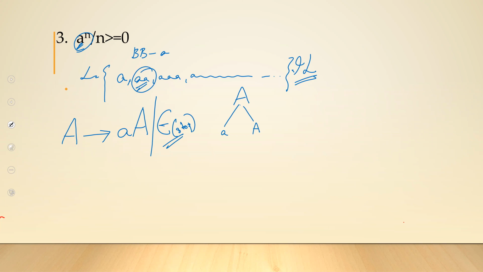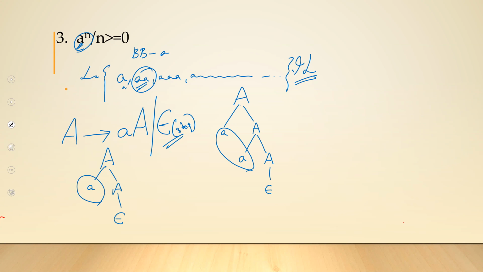So A from my production rule, it is AA. Okay, now I need to get one more A. So I'll write again AA. That's it. I want to stop, so I write epsilon over here. My yield. Okay. Imagine I want only a single A. I'll go for AA and then I'll stop.